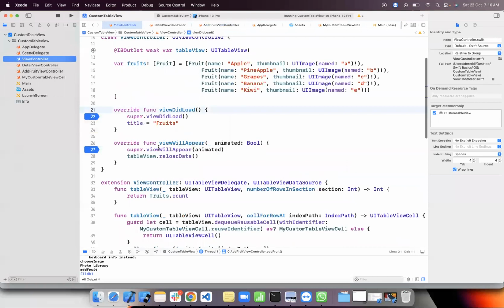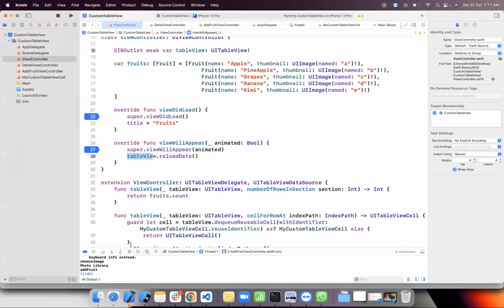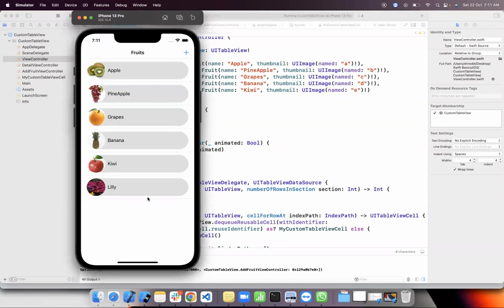Once you are coming back, view will appear will be called. There we are refreshing here. Save. Whenever you come back, view will appear is called. There we are refreshing. This is how the data passing works. This can be done by using